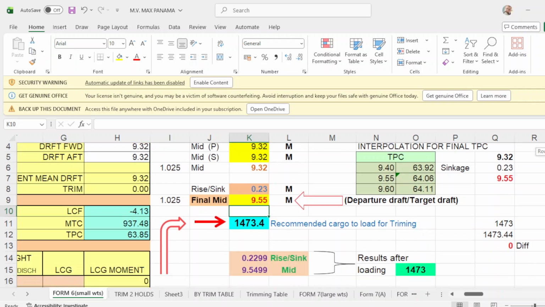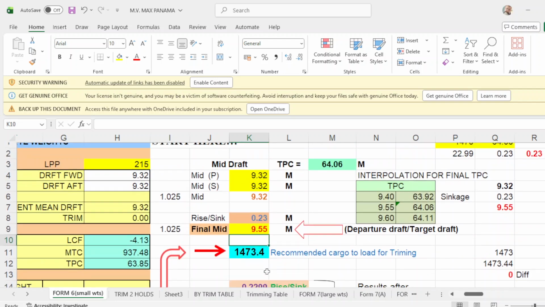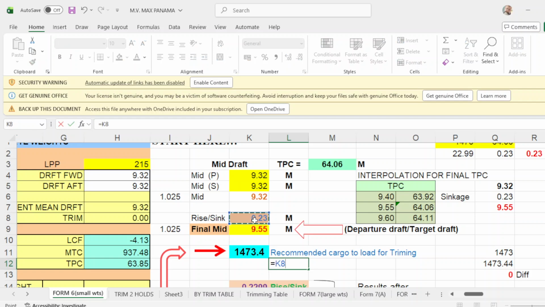To get the cargo to load, equals sinkage multiplied by your TPC of 63.85, times 100, and press equals.